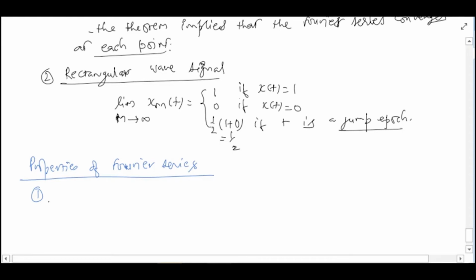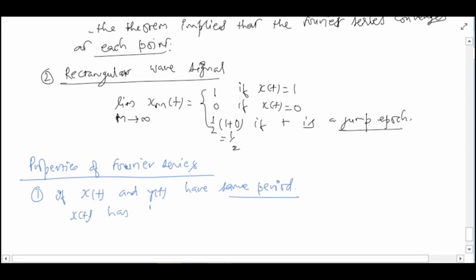To be precise, if x(t) and y(t) have the same fundamental period,